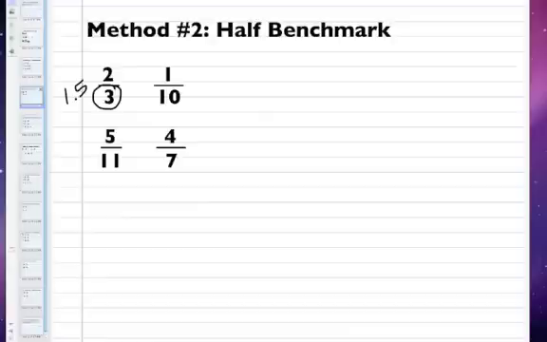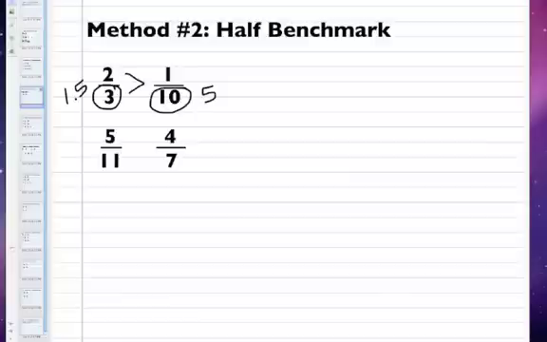I have 2/3, so 2/3 is slightly greater than a half. Now in this fraction, I have tenths. Half of tenths would be 5/10. So 5/10 would be the half benchmark, and I only have 1/10, so I'm less than a half. So 2/3 was slightly greater than a half, and 1/10 was less than a half, so 2/3 has to be